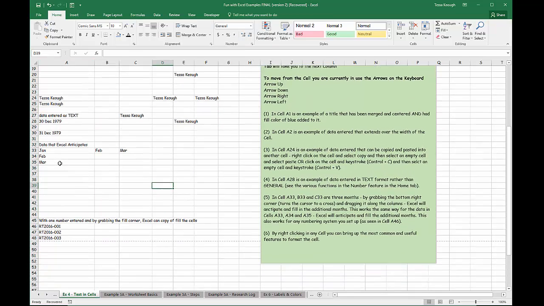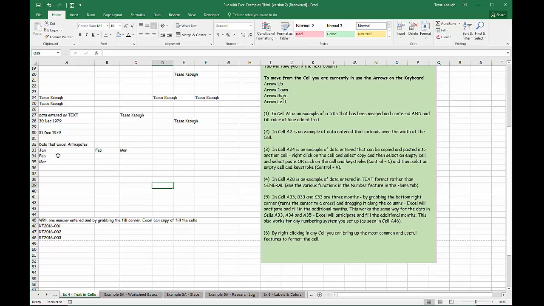All right, let's take a quick look at the fact that Excel is very helpful and anticipates information for us. I have January, February, and March listed in these 3 cells. If I hover over the bottom right-hand corner of this cell and move through the cell, and that's by clicking on the information, by left-clicking and holding that, and then I release it, Excel knows what I wanted to do by reading January, February, and March, and it added April, May, and June in the columns. It will also do that